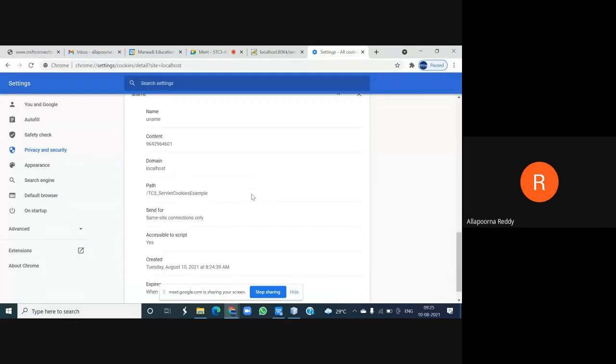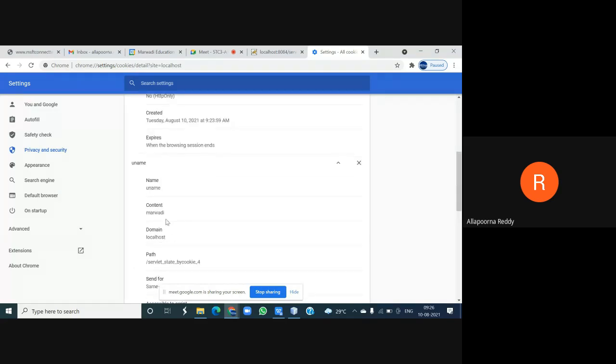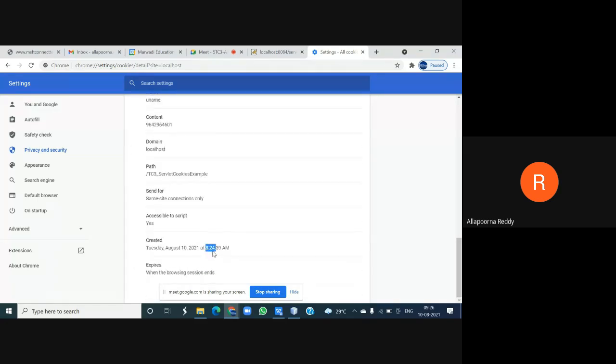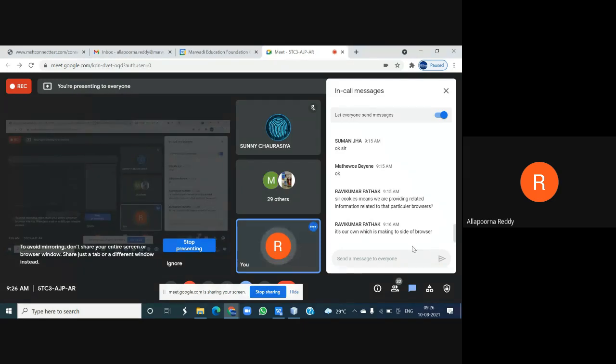Like this I have previously done things. It was done at 8:24. I executed the program for your previous batch with another example. There also I generated the cookie with a unique address, at that time generated with 8:24. One more important thing you need to do: you can generate a cookie with your own name, but you need to pass it as a string. I told you already. But every time a unique ID will be generated for your cookies. So this is about the first session tracking mechanism.